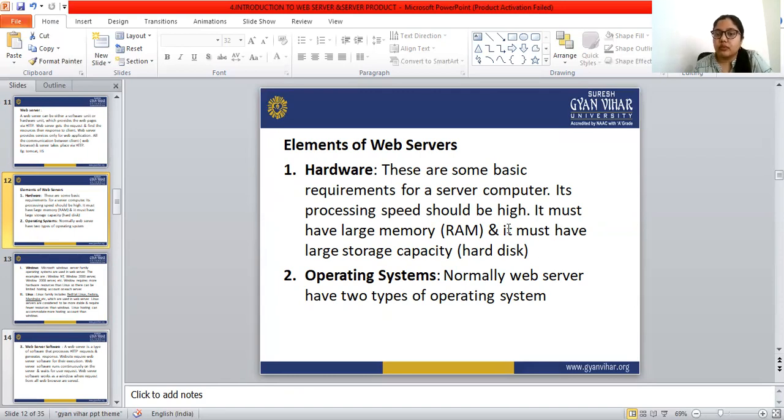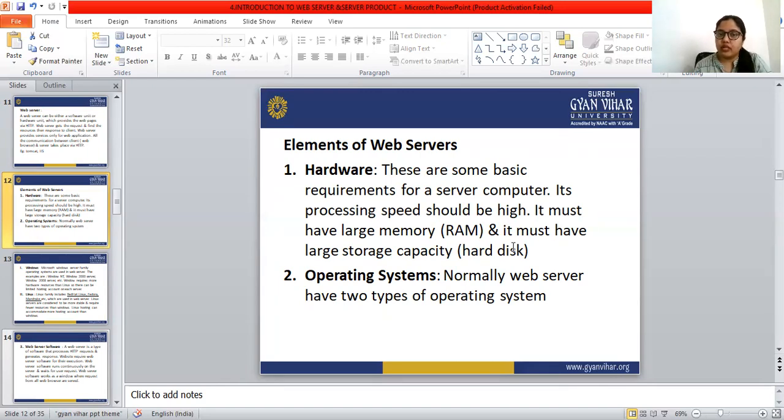Its processing speed should be high. It must have large memory, that is RAM, and large storage capacity, that is hard disk. So hardware is the main element of the web server.